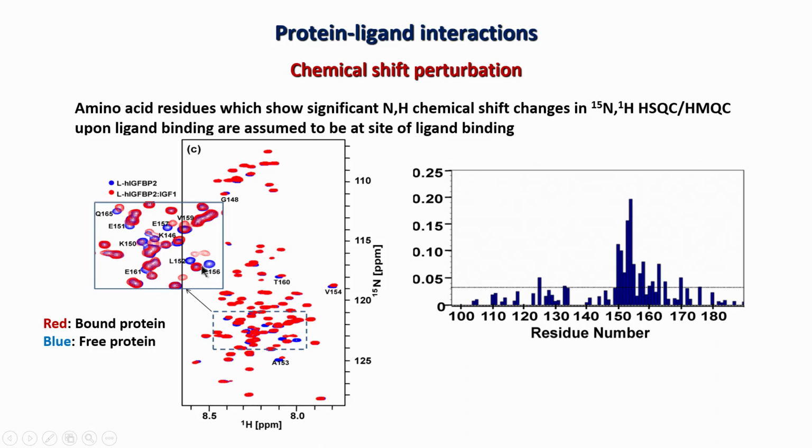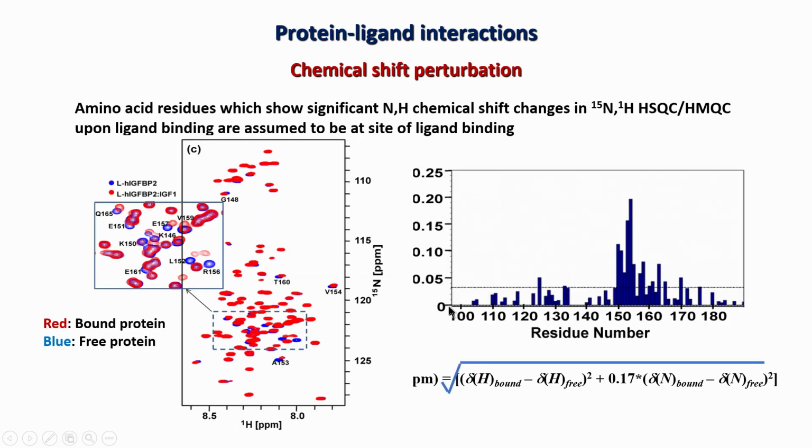The difference between the red and the blue is plotted on the y axis. But as we saw last time, this red and blue are not just changes in the amide proton, which is the x axis; it is also shifting in the y axis, that is nitrogen. So, we have to combine the shift of nitrogen and proton and give a single number. How do we combine these two shifts or changes? Usually we use a formula like this, where for a given amino acid we look at the hydrogen amide and nitrogen shift and combine them together, and that is the number which is plotted.